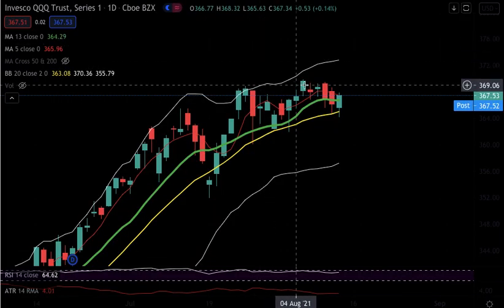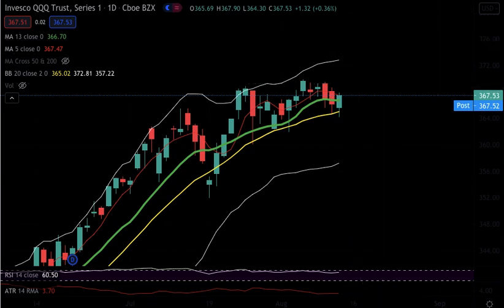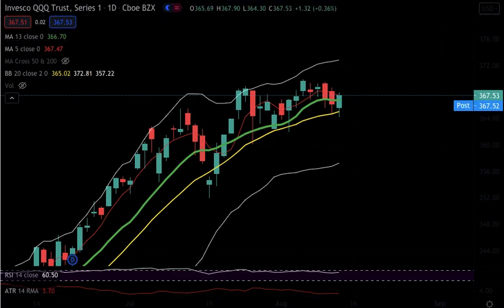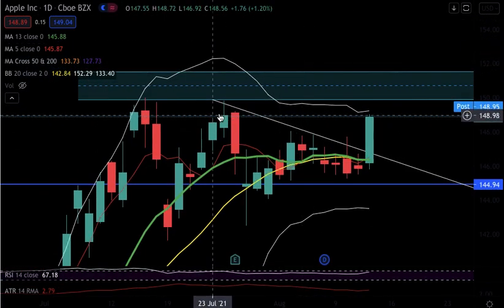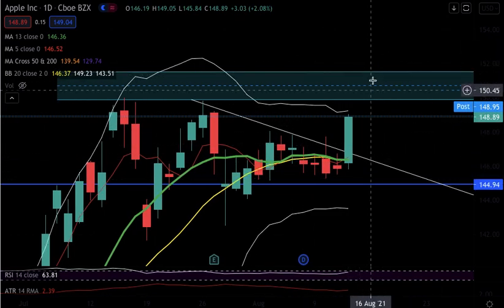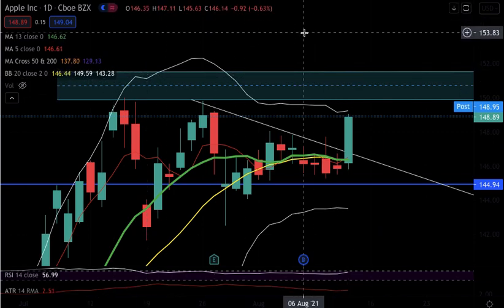I'm bullish on QQQ again. Got a 371 price target, but if it starts trading below 367.47, keep in mind this could have been a bull trap, okay? But I don't think it's a bull trap. We had this strong bull flag. It broke out. Market makers wanted to break out for a reason. We got the strong pool of liquidity, so Apple looks good. So tech sectors look like they still have one more leg up, okay? Including SPY, QQQ. I think we got one more leg up before we get